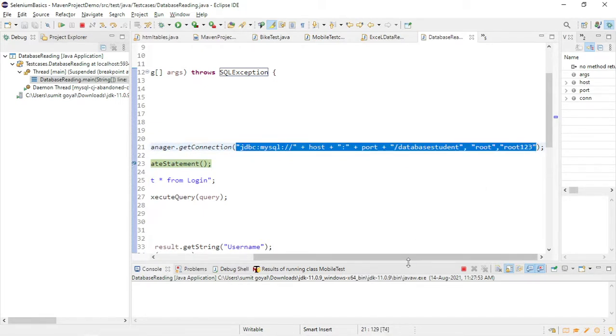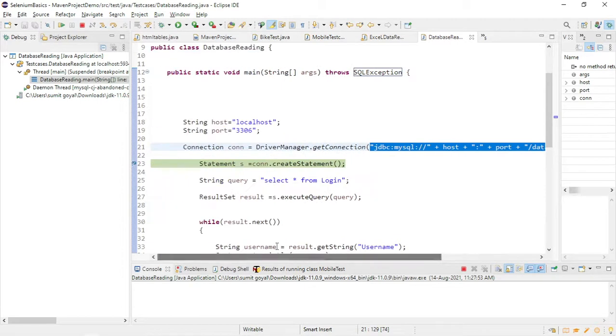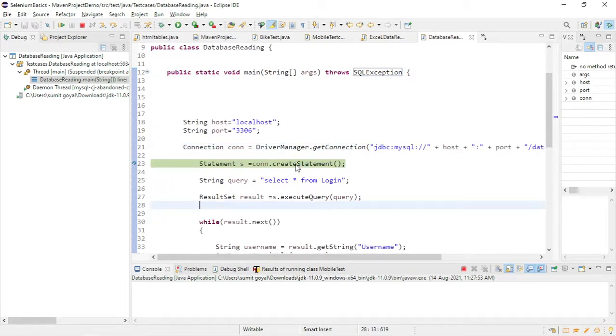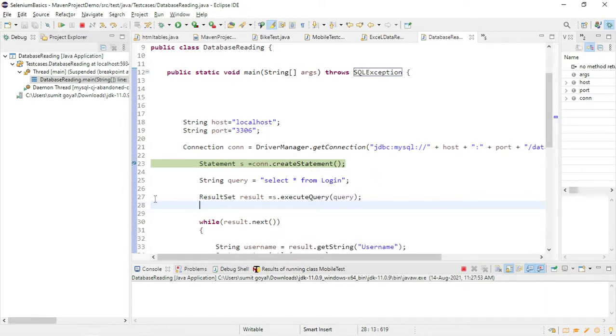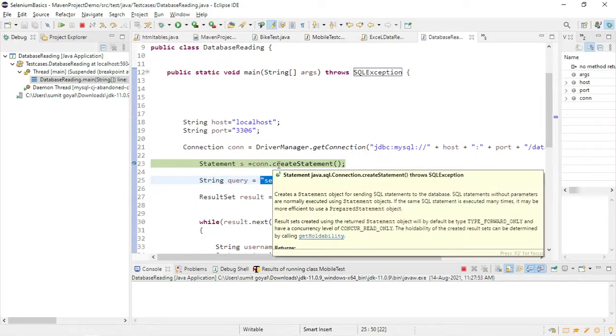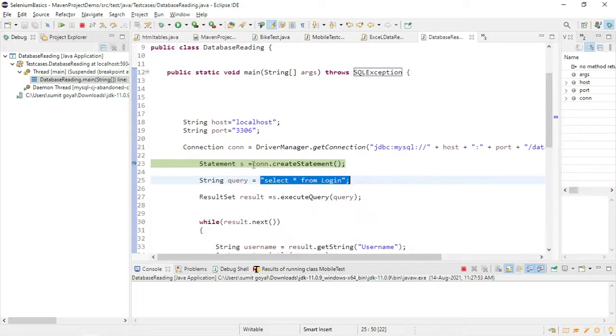So it will form a connection, and after that what we have to do is create a statement. So what will this statement do? For this query, we need to execute one query, in the sense that I need to run this query so I can fetch all the data. Before that, we need to create one object of this class, the Statement class. I'm placing the object in this variable, and this is one string value. You can ignore this as of now.